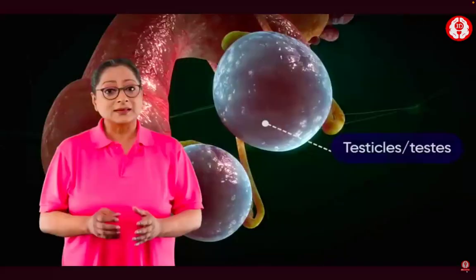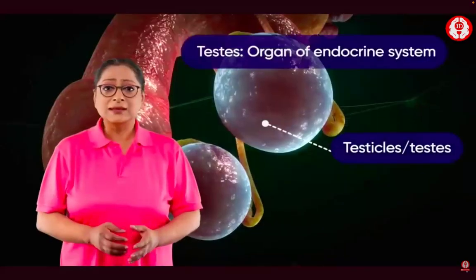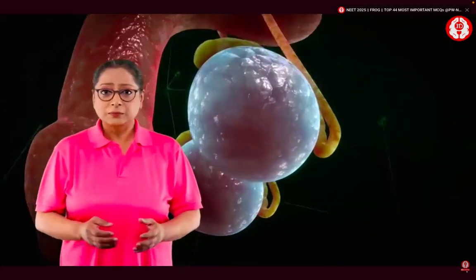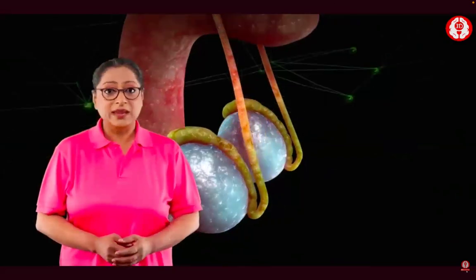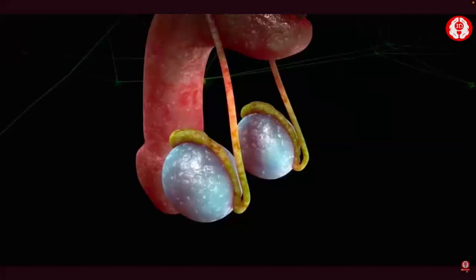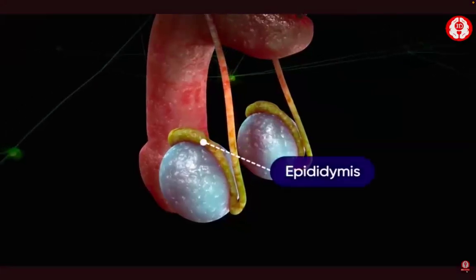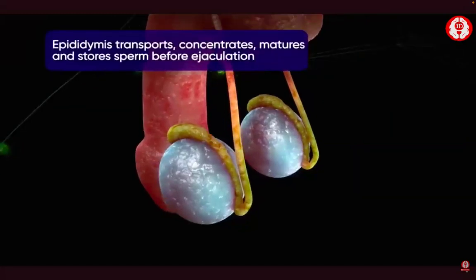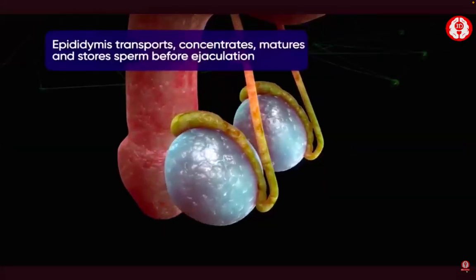The testicles are oval-shaped and are also part of the endocrine system because they produce testosterone, which is the male sex hormone. Alongside the testicles are the epididymis and the vas deferens, which make up the duct system of the male reproductive